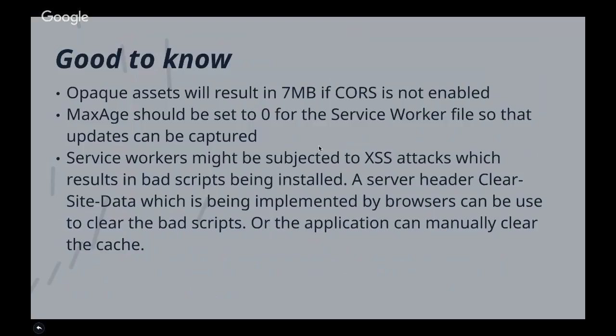And the next thing that you need to know about, most of the time you won't handle it because this is on the server side. Your server needs to send a max-age equals to 0 for a service worker file. This is important because if not, when you update your service worker, the browser wouldn't know that there's a new version of it, and you'll keep using the old version. This is one thing that I got from a podcast with Jake and some other people.